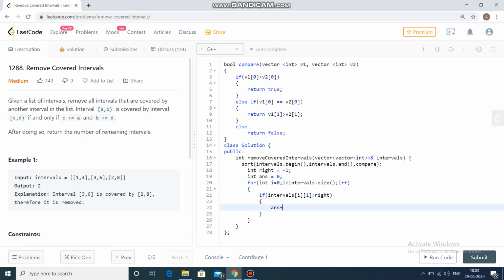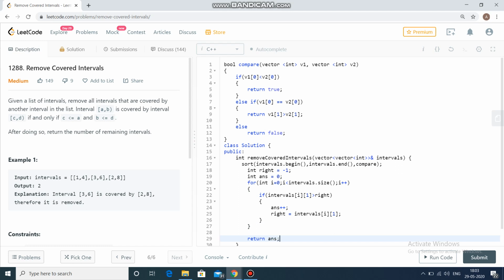This is an interval which has not been covered by another interval, and the new right becomes intervals of i, index 1, because we have found the current. Now we have found the new right which is greater than the previous right, and at the end we return answer.